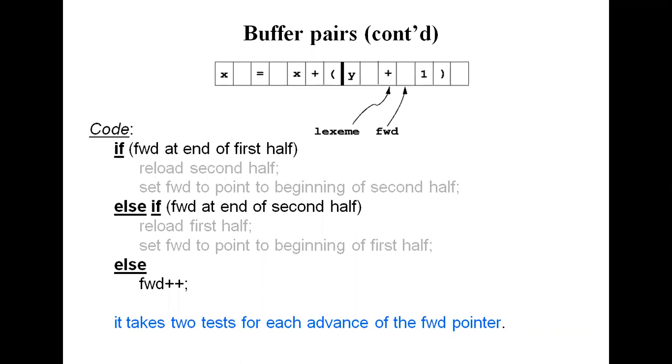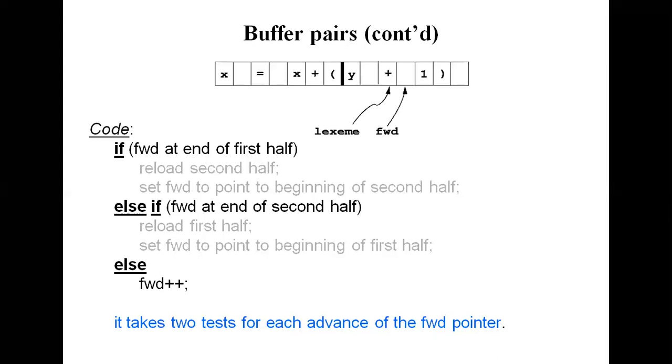So what will happen is, in the place of this x is equal to x plus open parenthesis y plus 1, here we have some code, right? For example, I have a line of code like a is equal to b plus c into d. I want to scan that a is equal to b plus c into d. But the length of the buffer is completed. There is no place to store this a is equal to b plus c into d.